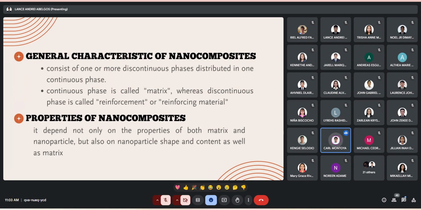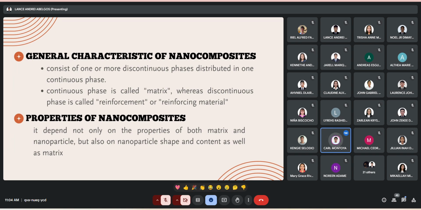si matrix po is typically softer po siya and it holds po yung the reinforcing material natin together, which yung common matrices po natin includes po the polymers, the metals, and the ceramics. Ang primary role ni matrix po is to bind po yung ating reinforcements in place and distributing loads to them and providing the material with overall shape and cohesion. Add lang po natin kay matrix na it also protects po yung ating reinforcing material from environmental damage like yung